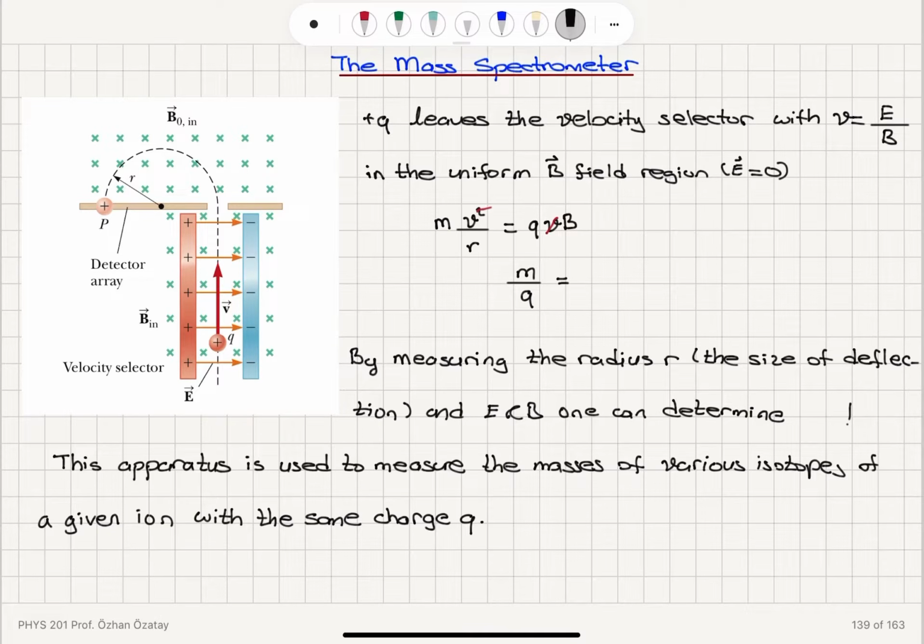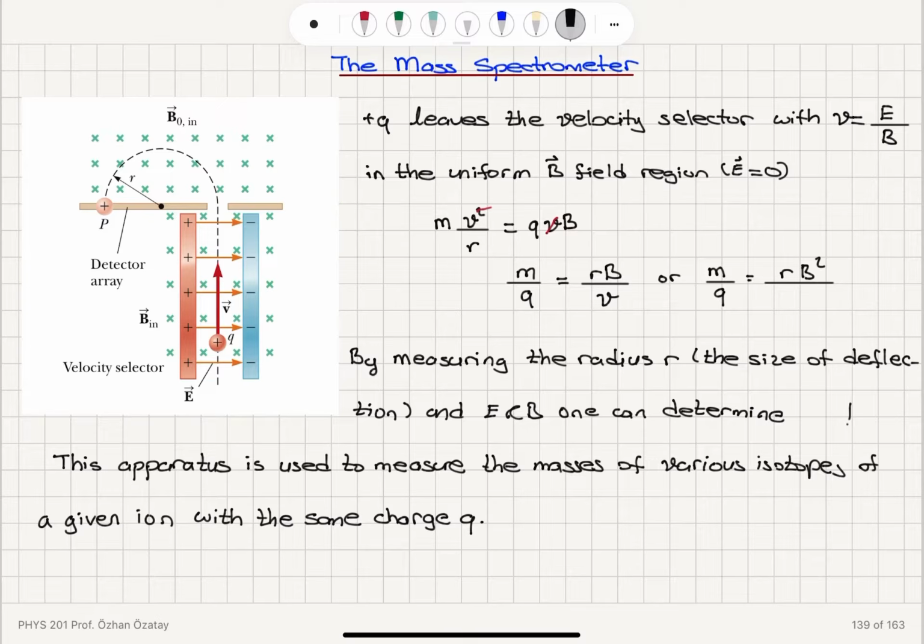It's going to be r B divided by v. Or we can write this as mass divided by charge, m over q, is equal to, since the speed of this particle is E over B, r B squared